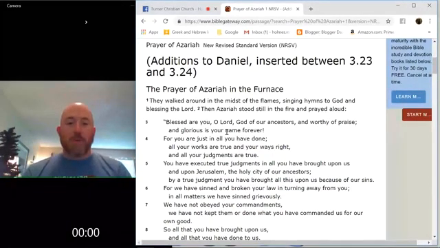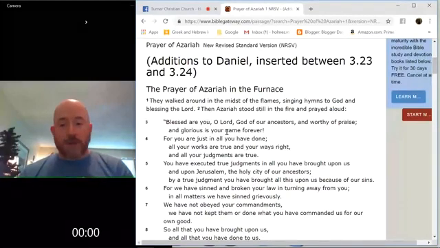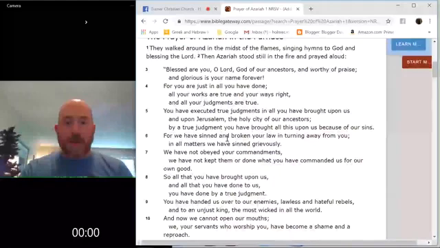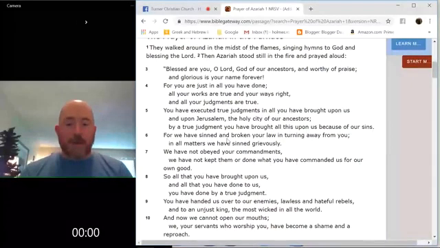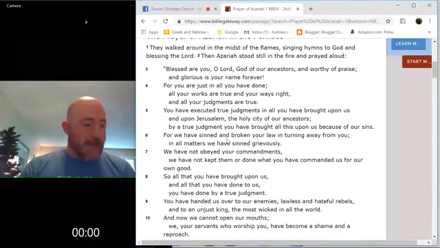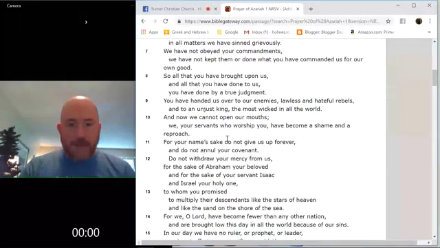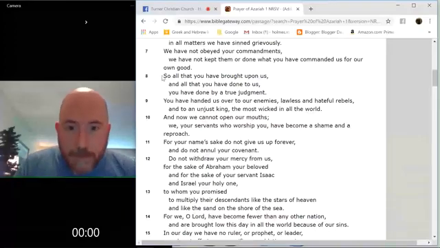And so I talked about how they wrote out a version of the prayer of Manasseh. This is the prayer of Azariah, which is the Hebrew name of one of Shadrach, Meshach, and Abednego. In the moment, I can't remember which one. I think it's Shadrach. And so they wrote out a prayer that he says while he's in the fiery furnace. And in the midst of the fiery furnace, he says,